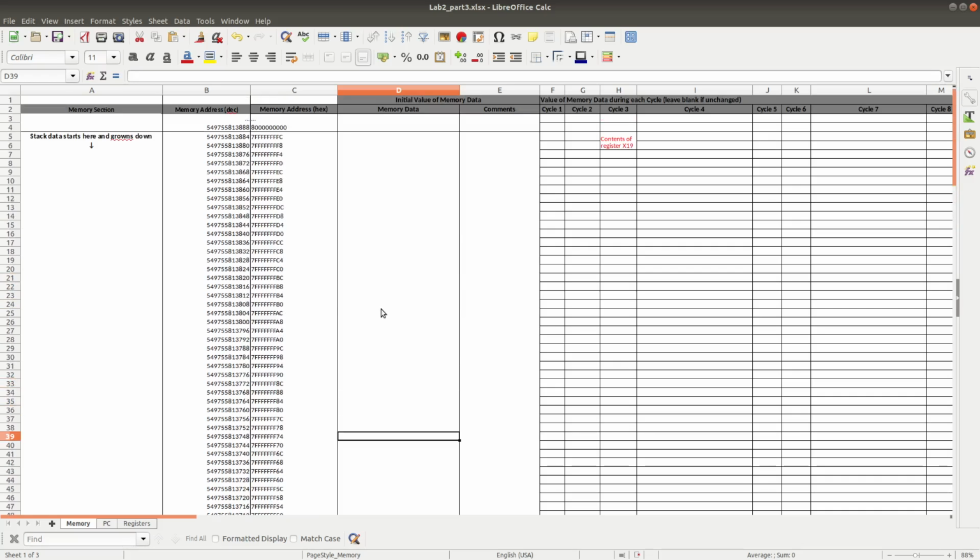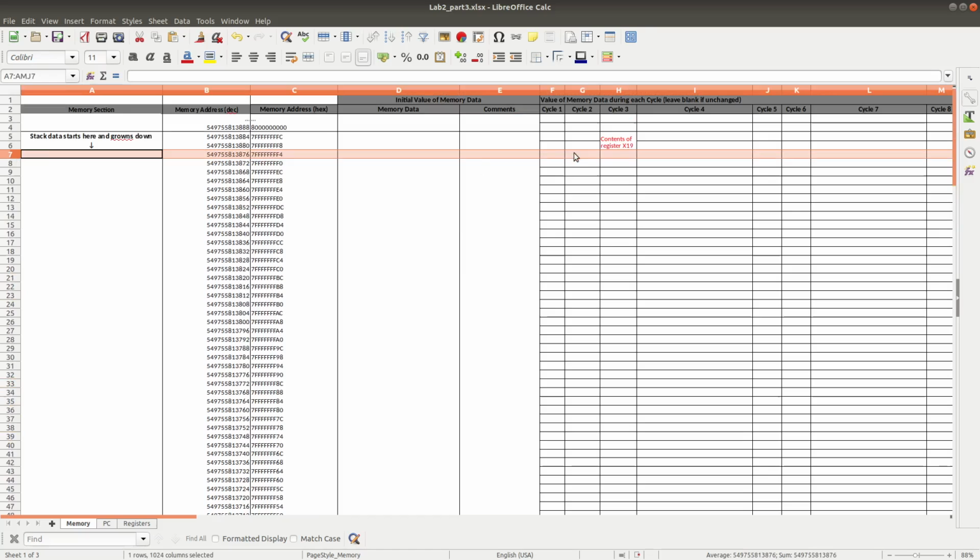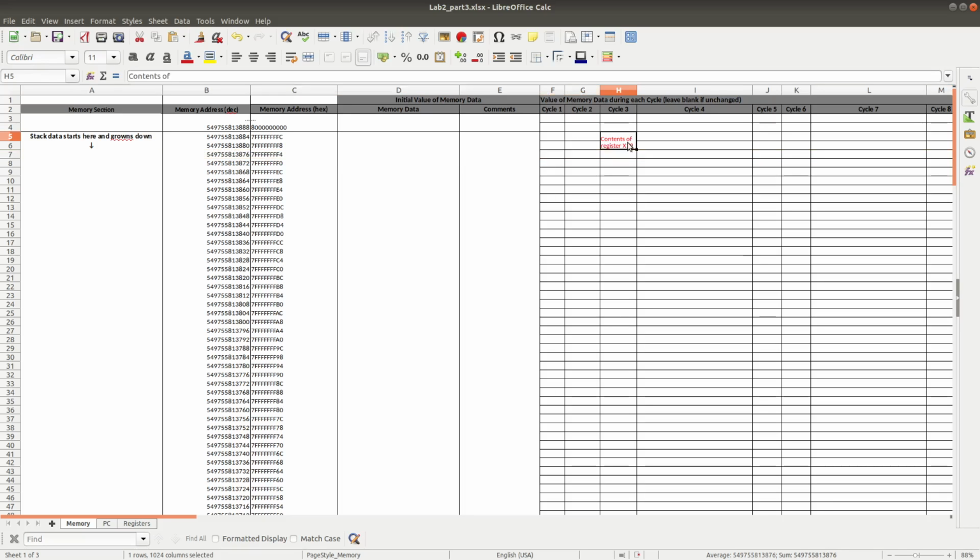So we move to memory address FFFF4 here. Here the value of x19 will be stored, and it should be equal to 7FFFFE6C. Let me see it again.